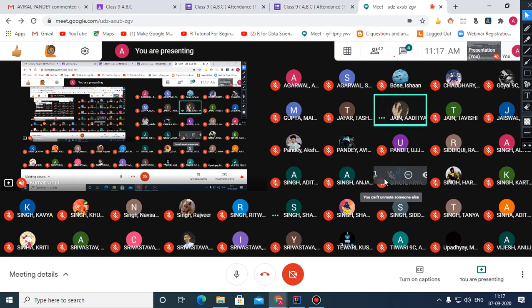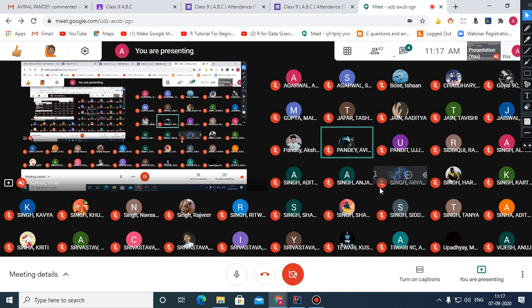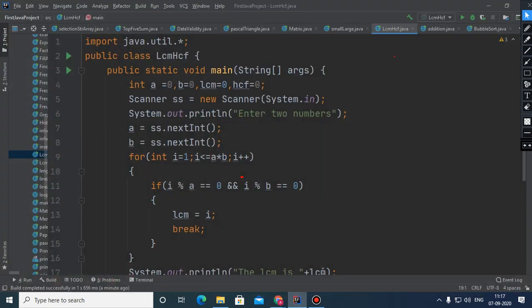Definitely, beta, there are some other methods. But since I have not explained some other looping methods, that's why I'm not telling you right now. Today you have to learn this method only. After teaching while and do while, I will be telling you a few more methods. Got it? Just now I am telling you what a for loop is, how to define and implement for loops. Yes, right, children?